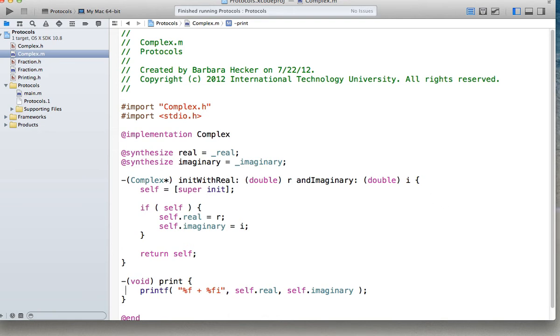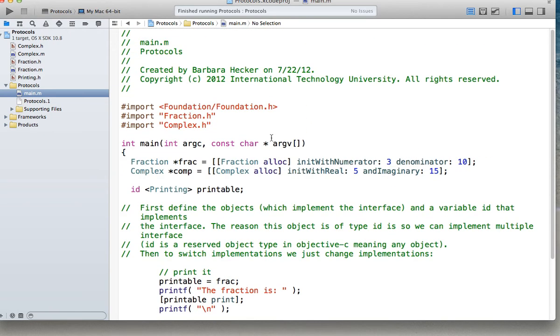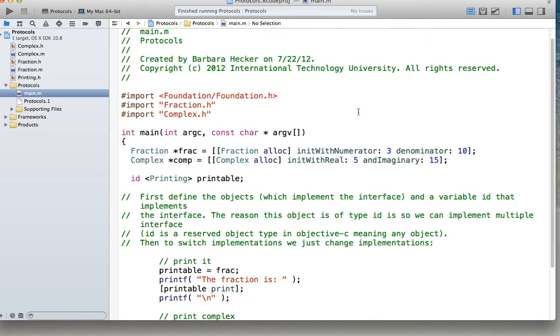So there's another interesting part of this, and it's going to be in main here. If I take a look at main, I'm going to see some interesting programming going on here. So what do I got? I do not have to include the protocol anymore. Just like with interfaces in base classes, once it's incorporated into the class, you don't have to keep continuing to import or to continue to implement protocols that are already implemented. They become part of the class. So here we just included